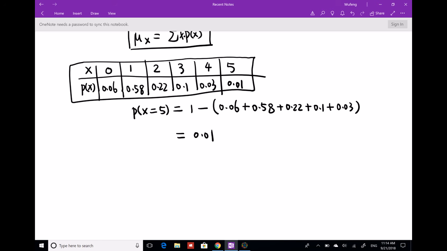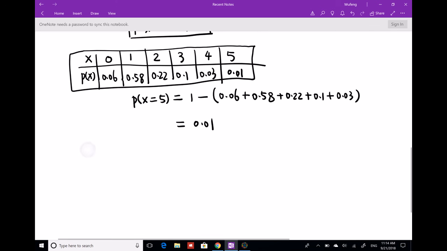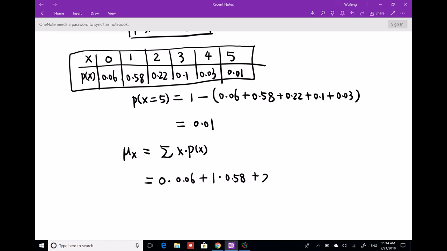Next, we would like to find the mean value of the probability distribution. For the mean value of this probability distribution, you just add all the x multiplied by p(x). What is the meaning of that? It means you use 0 times its probability 0.06, plus 1 times its probability 0.58, plus 2 times its probability 0.22, plus 3 times its probability 0.1, plus 4 times its probability 0.03,